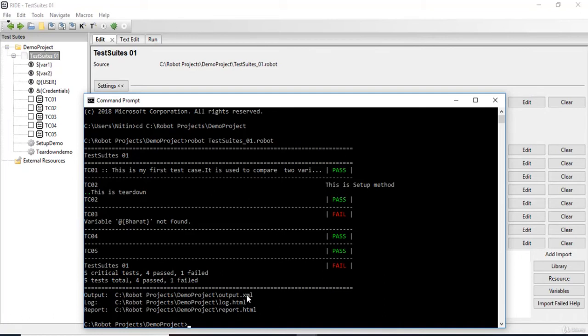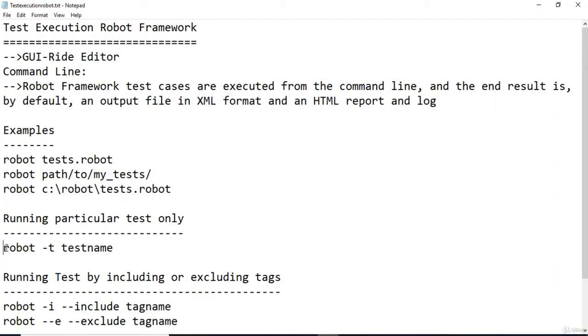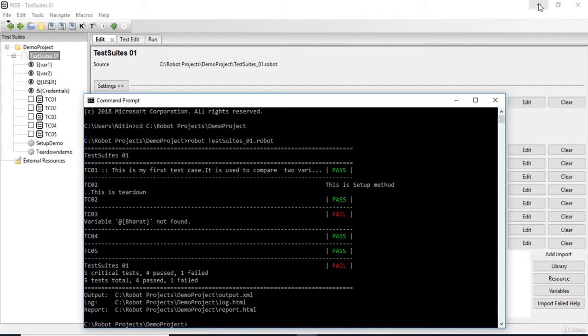Now let's suppose we don't want to run the complete test suite, we want to run only a particular test case in a test suite. So for that, we have the command over here, robot -t and the test name. So I'm going to give the command over here, robot -t. Let's give the test name as